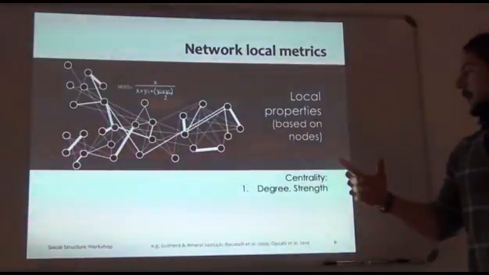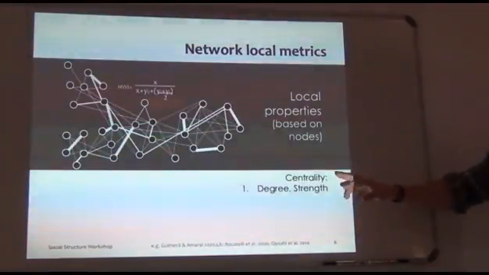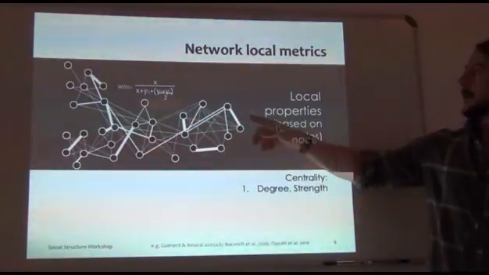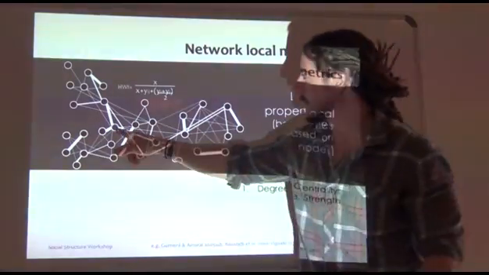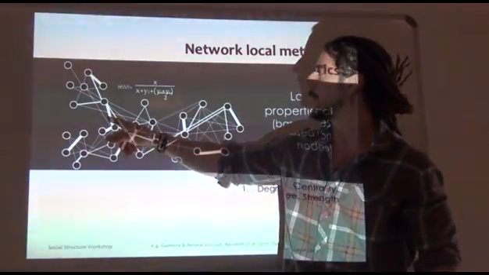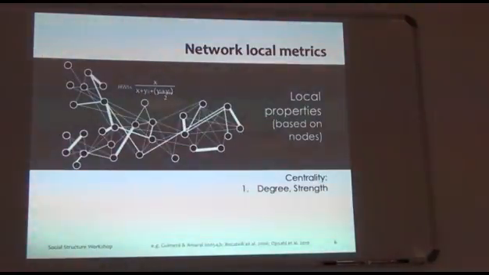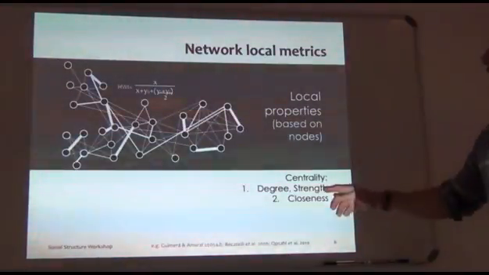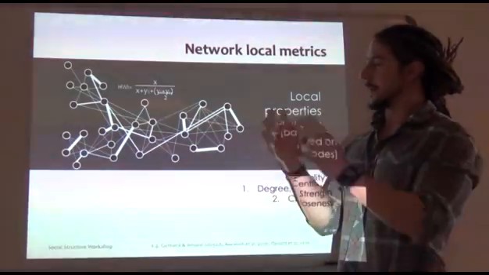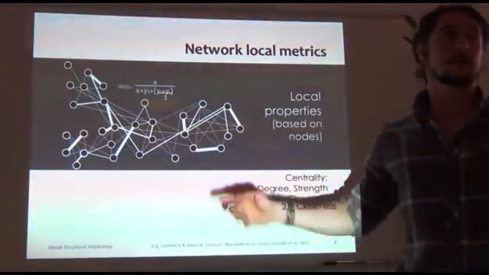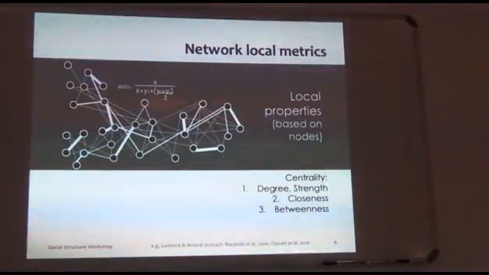Very basic ones, they're all related to centrality. The first one is the degree or strength of the node. It's basically the number of links they have, or the sum of all the weights of their links. The other one is closeness. It's a measure of how central this individual is in the network, how close it is to all the nodes in the network. Then betweenness,